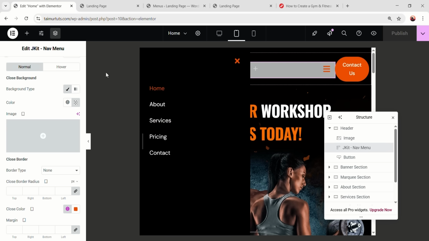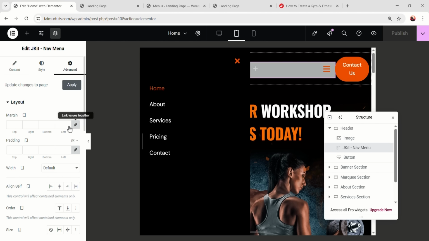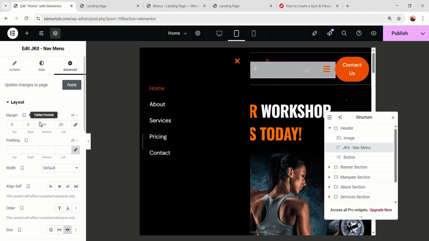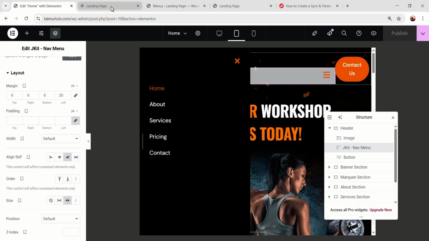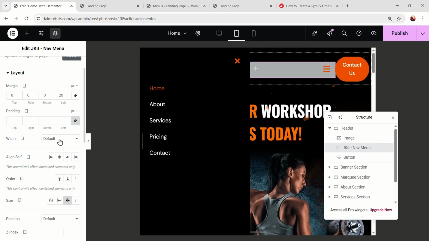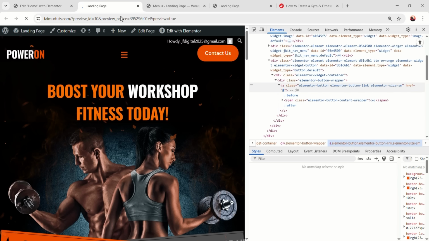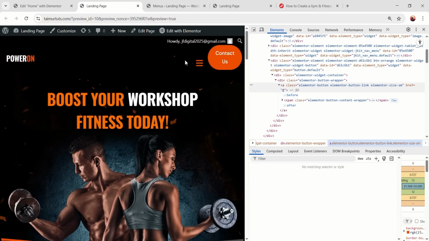So let's go to the advanced step first, and on the margin left just add 20 pixel, and here the size, make it shrink. Okay, so here we have this align self, make it end. Now publish and go to the live page. Okay, now from here let's select the width as full width and make the align self to end. Now if we publish and go to our live site, you'll see the menu is placed here, but this icon